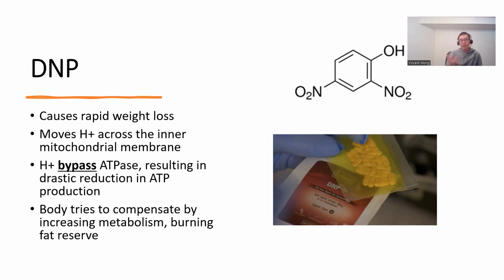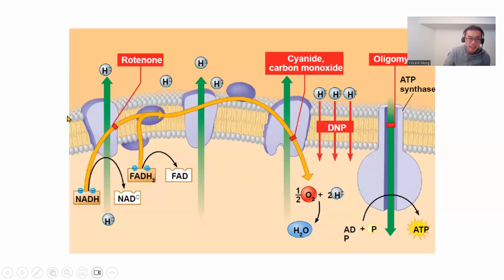After people found out what happened, the pharmaceutical company thought they had hit the jackpot when it comes to weight loss pills. They thought, this DNP substance causes rapid weight loss, so we can market it. And it did enter the market in the 1930s. But they didn't quite understand why it was causing the weight loss initially. It turns out DNP causes rapid weight loss because it